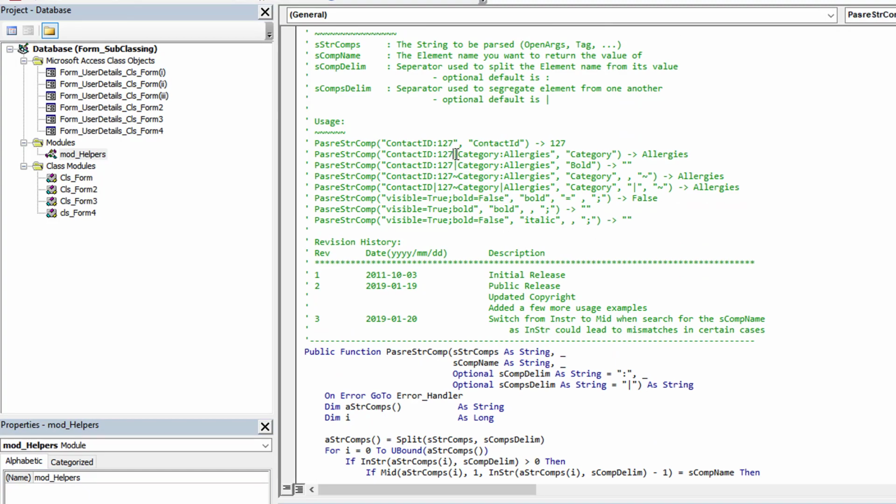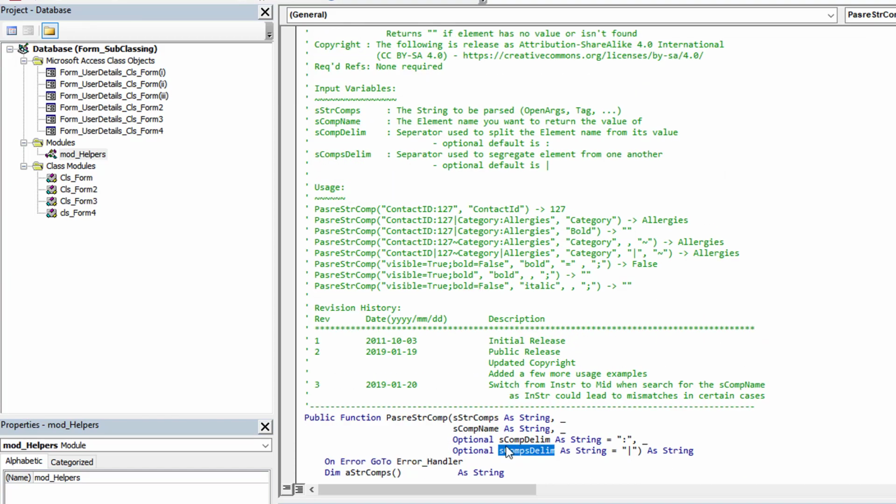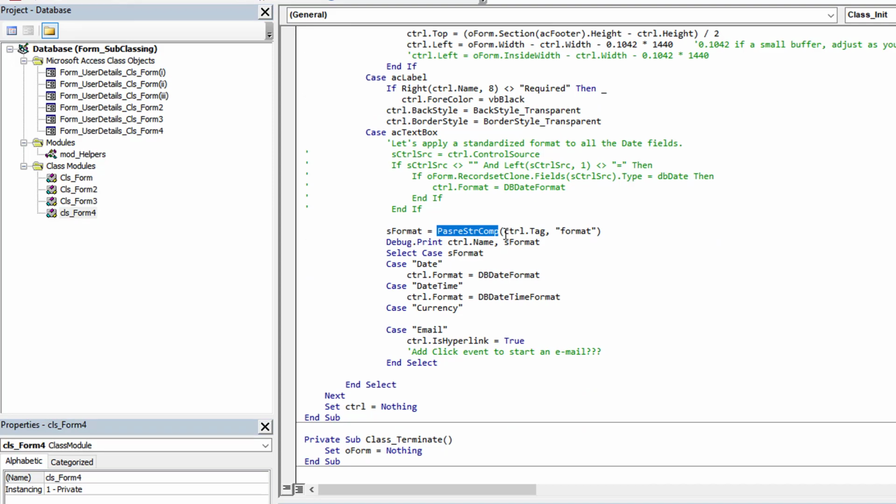By default, I separate them with the pipe. That can all be configured. As you can see here, you can control the different delimiters. But long story short, this is able to read and extract values from tags in my usage scenarios. So it's going to look at the tag, extract the value of the format entry, and then simply run a case statement based on whatever it extracted. If I say give me the date, then it puts it as the date format. If it's a date time format, then it sets it to DB date time format, and you can go on